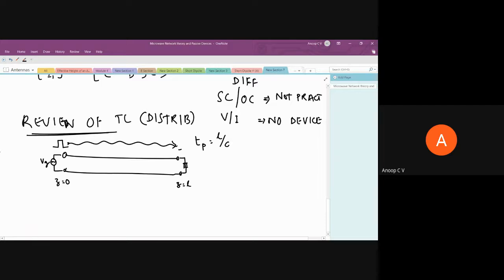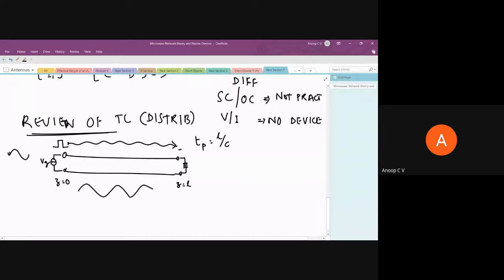Similarly, even if you are giving a continuous sinusoid, each and every point can be considered as an impulse, and it will take some finite time to travel. Because of that, if you take a snapshot of the voltage distribution or current distribution at any given time along the length of a transmission line, it will look like this. Along the length, it's not constant. So because of that reason,